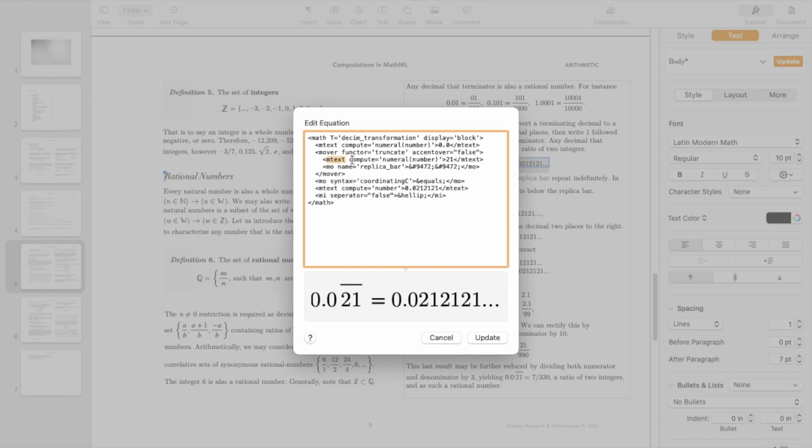So it's like an override instruction. So it's like, yes,